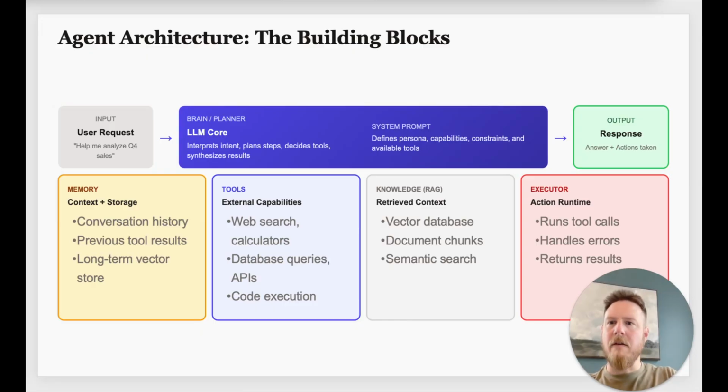Next, we have knowledge. This is very likely to be a vector database, which is efficient for storage. It's going to have documents, PDFs, text files, and emails, anywhere we have relevant information that can help throughout this reasoning and action chain. It's going to be stored in a knowledge base, likely in a vector database.